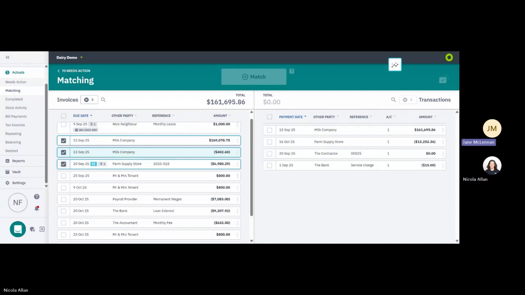So the farm supply store is basically your farm source invoice by a different name. It is in the demo database. Yeah, definitely. So I've got my three invoices that make up